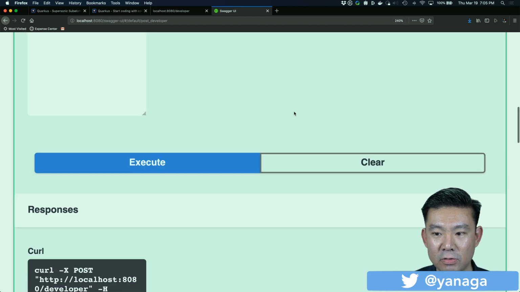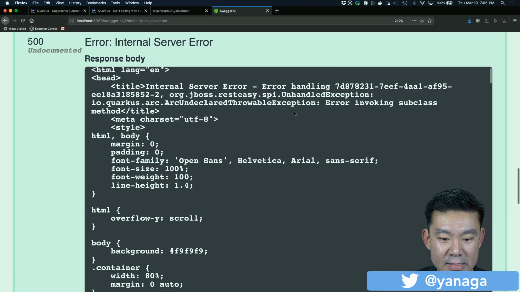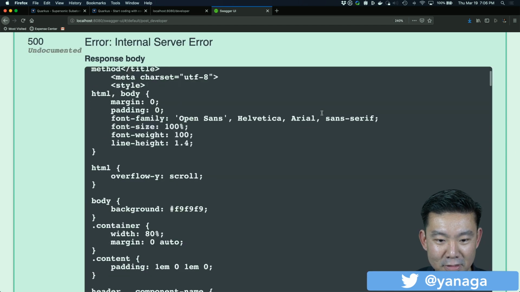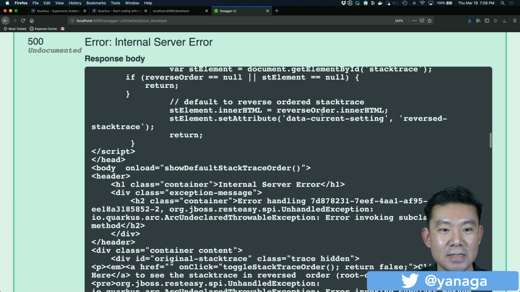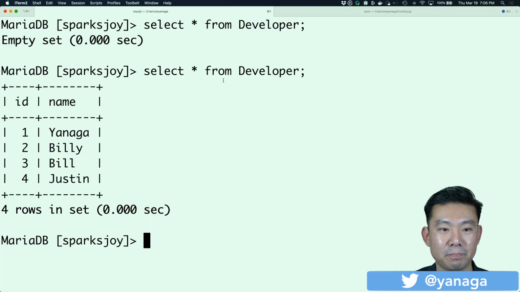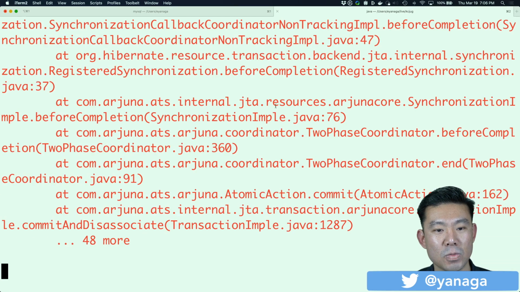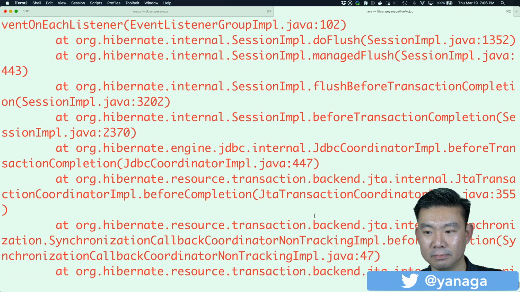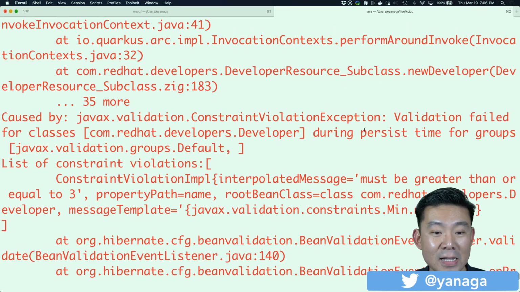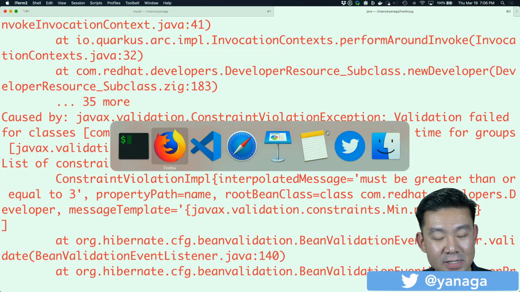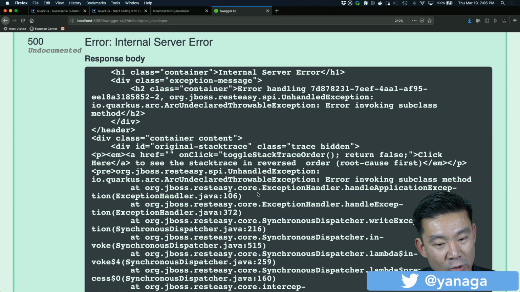500, I have an error, Everworks subclass. That's new for me. Okay. Let's try to see the stack trace from the Quarkus. Oh yes, what did I do? I forgot to add a magic annotation because Hibernate is already validating when it's persistent, but it's not showing me the error on the interface.